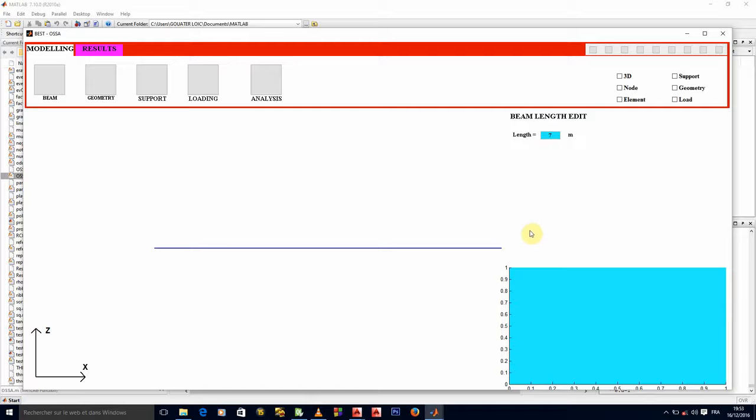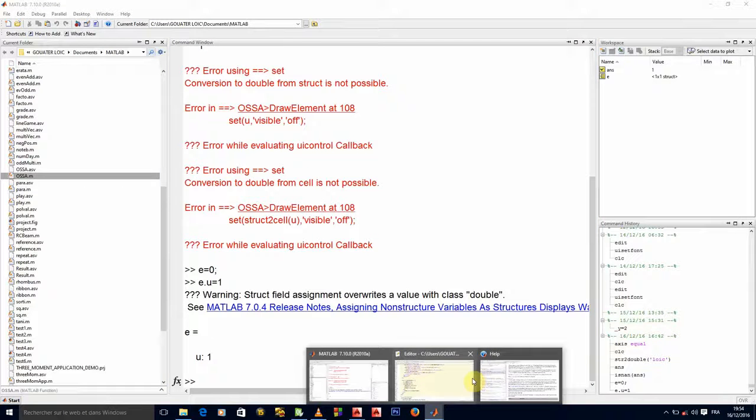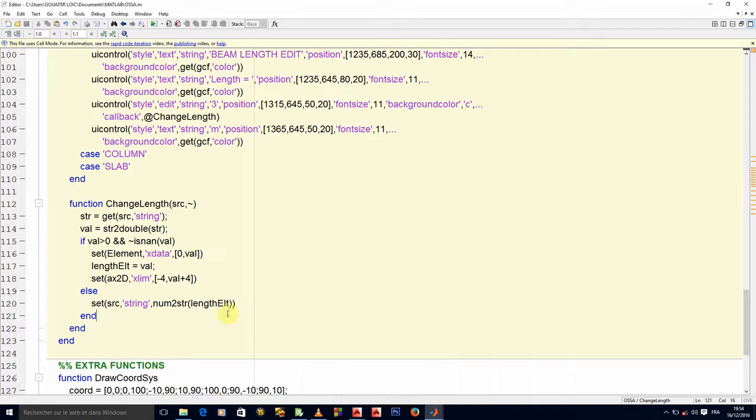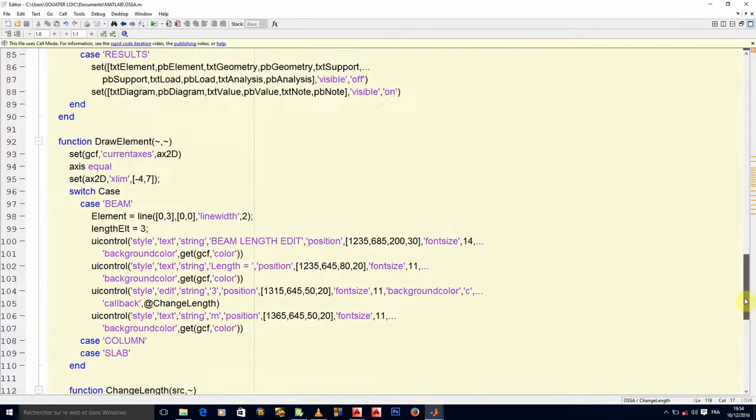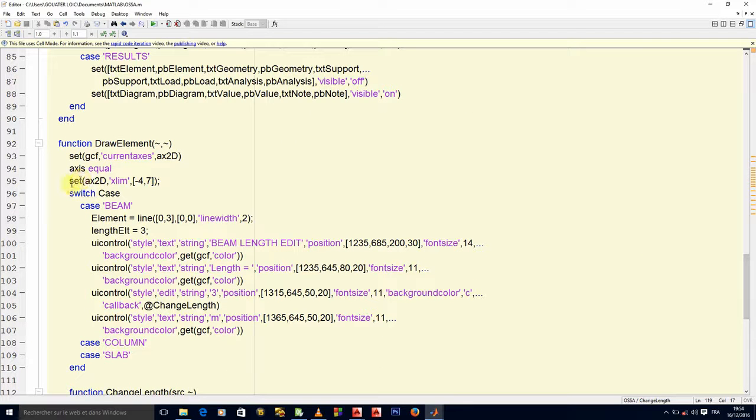So how will I do that? I think we should first of all solve this issue. Let's solve it right away. So why will it do something like that? Well, because when we set axis here, we have placed a fixed value here of 7.